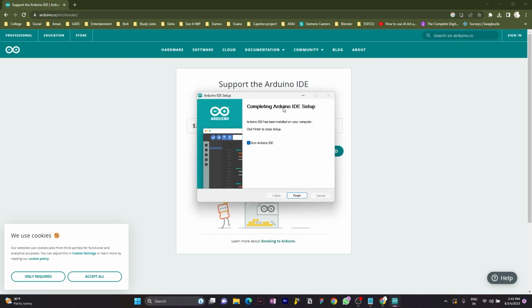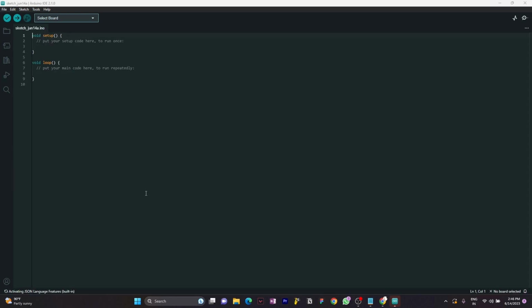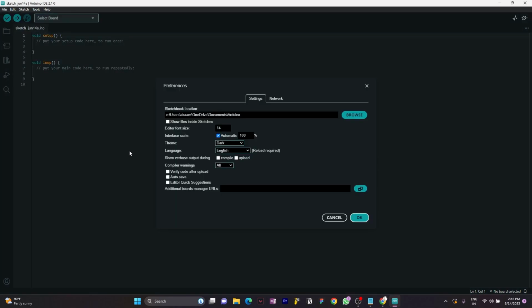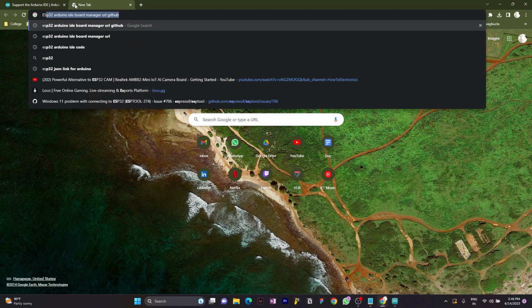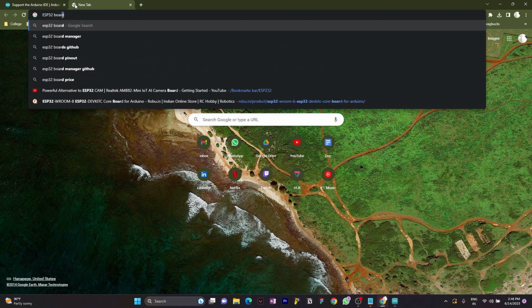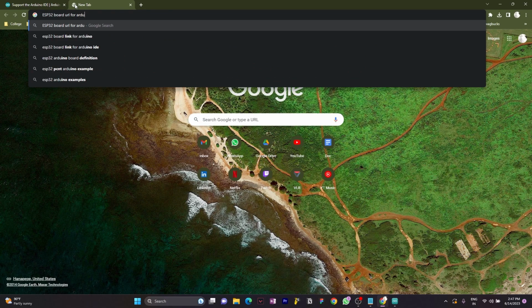Once the Arduino IDE is installed, just run the IDE. I hope you all are familiar with the Arduino IDE UI. So first of all, we need to go to the preferences and add the board URL. So we just have to go to Chrome and type ESP32 board URL for Arduino IDE